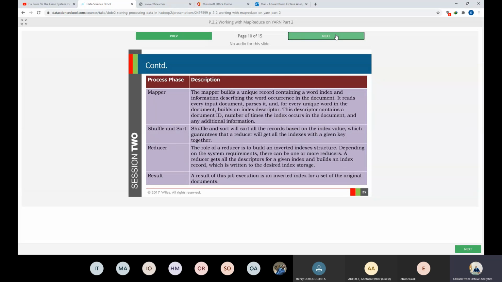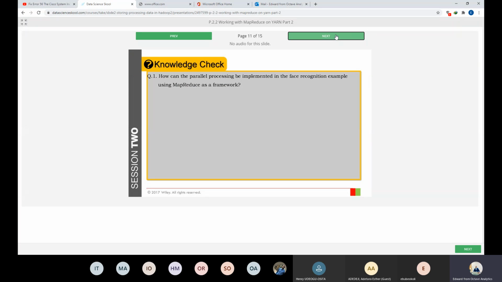So we've talked about mappers, we've talked about the shuffle, we've talked about the reducer, we've talked about the results. That's fine. Okay, question, knowledge check. How can the parallel process be implemented in a face recognition example using MapReduce as a framework? I think I just mentioned that